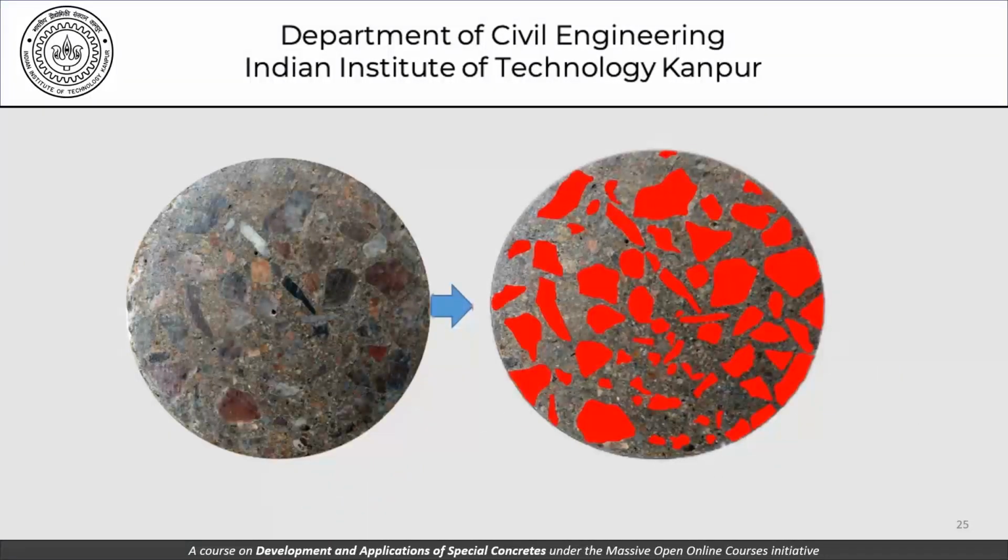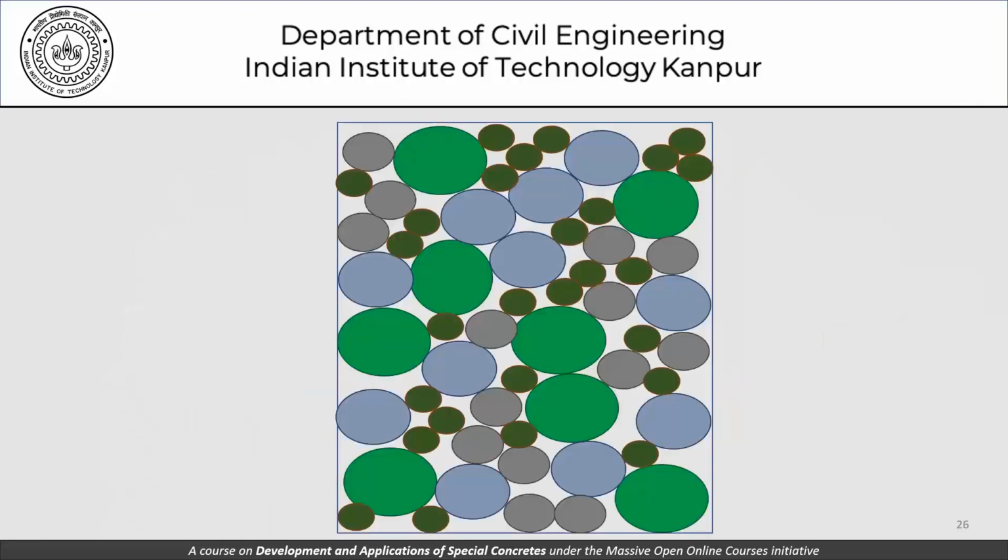This picture we've already seen. This shows you how much coarse aggregate we have in the system. Of course, all the coarse aggregates have not been really marked in this, but that's more of an image that you must keep in mind. And this is what the particle size distribution of coarse aggregates, let's say, looks like. So we have some very large aggregates, we have smaller than that, maybe smaller than that. This is something in between these two. And what we have here is, this is my void volume. And the way I've shown it here, these aggregates are all in contact with each other.